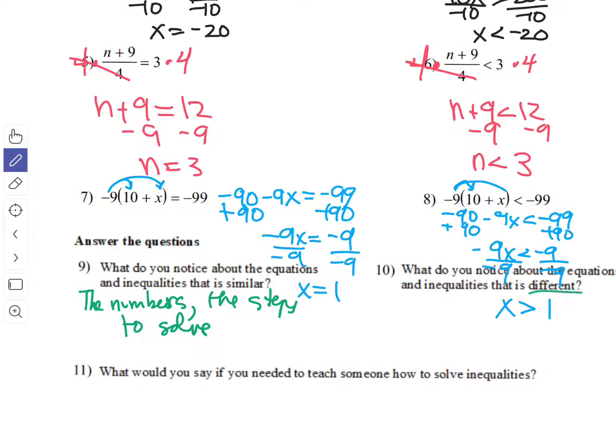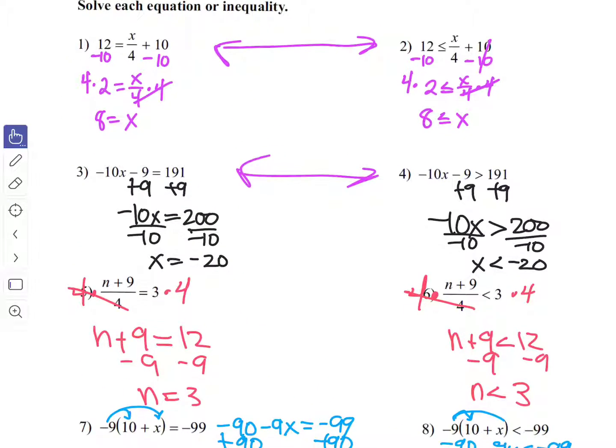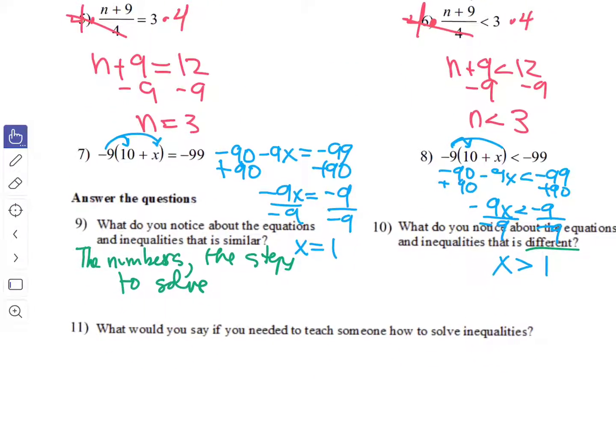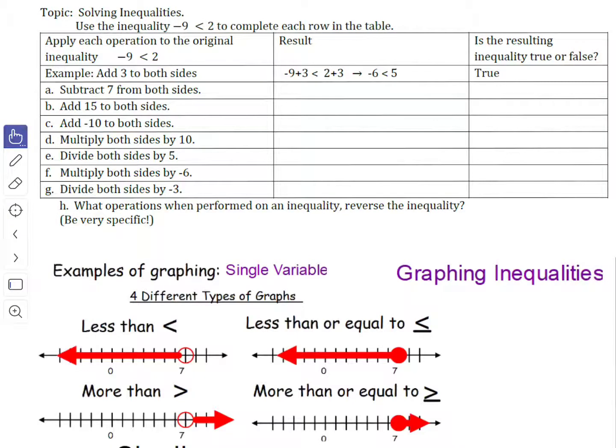Okay, so now what is different? What do we notice that's different? Well, we should notice that this has an equal sign, this has an inequality sign. That's one thing to notice. Also, our answers are different, right? Because n equals a number means that one number is correct. n is less than 3 means that 2 could be an answer, 1 could be an answer, negative 1 could be an answer, right? Any other differences we see? There's another one that we should notice. But I want to go to the next page to talk about that one, because I want us to do